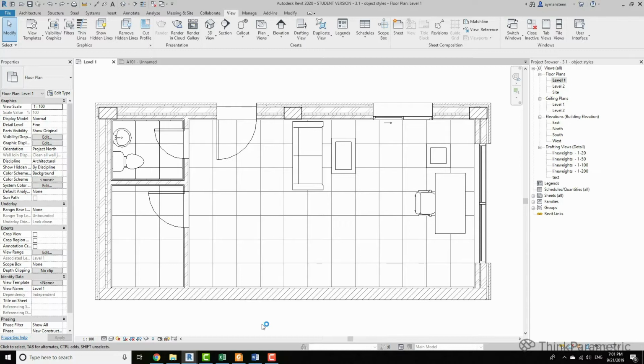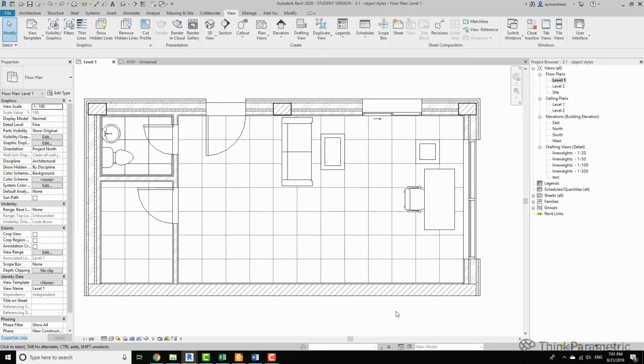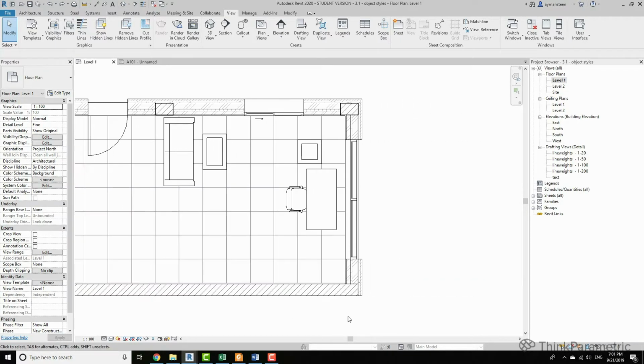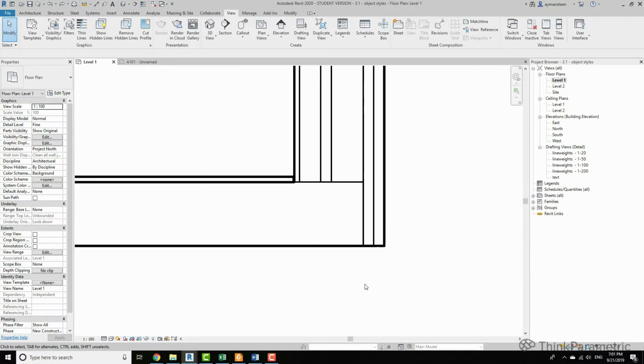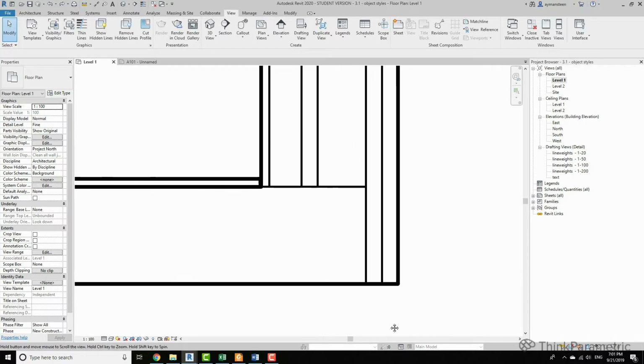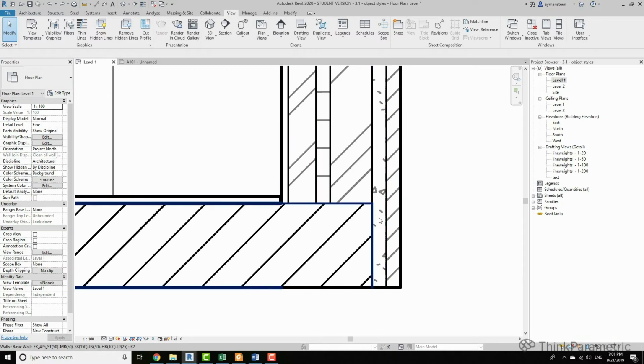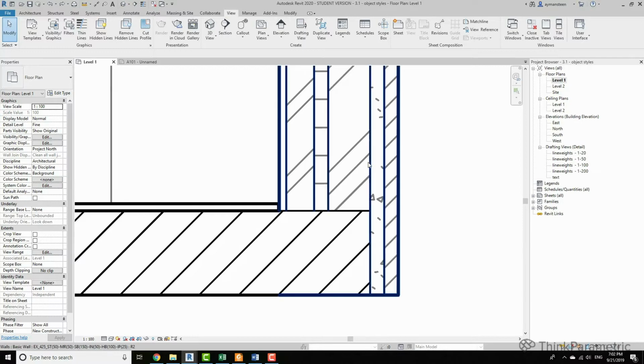So to start off, we want to define the line weight of each layer of the wall. This setting is known in Revit as cut line style. If we zoom into this corner, you will see that all the lines have the same thickness except for the boundary line, which is thicker. We can change this by making the block layers and structural layers appear thicker than the finish and insulation layers. This will impact the aesthetics of our drawings, especially in larger scales.